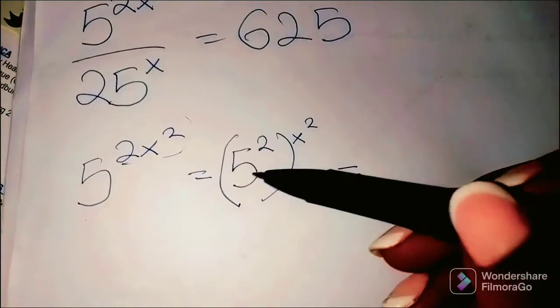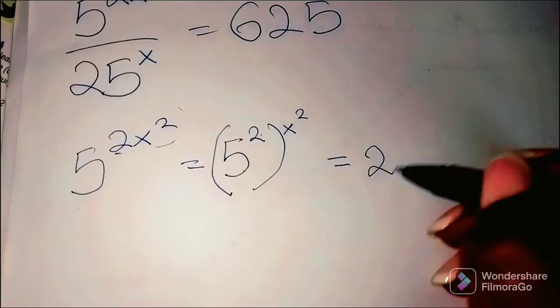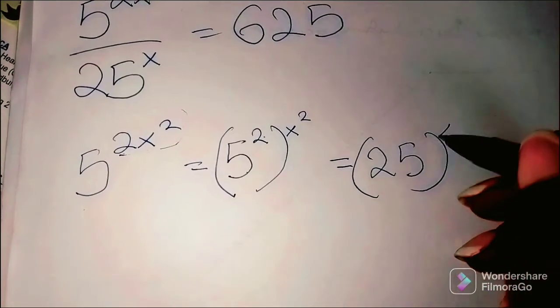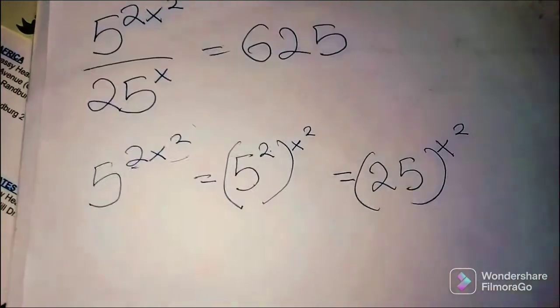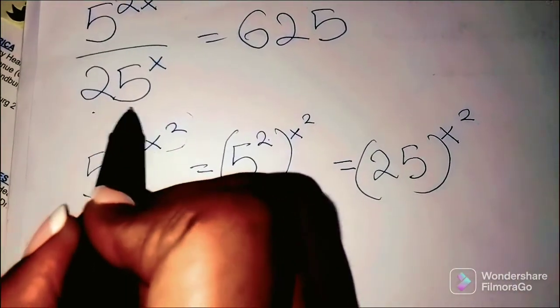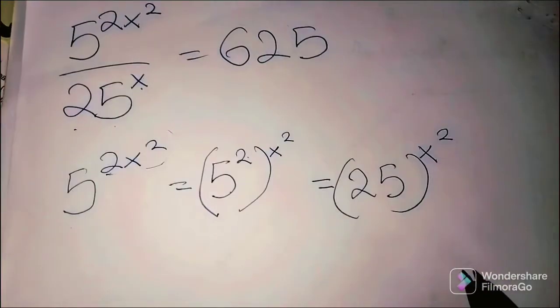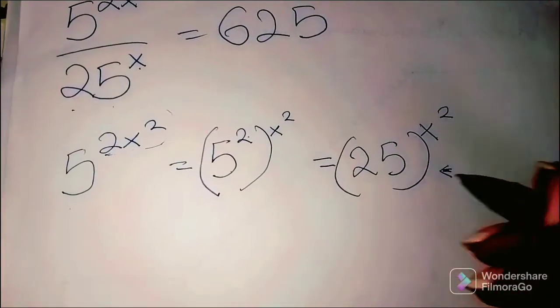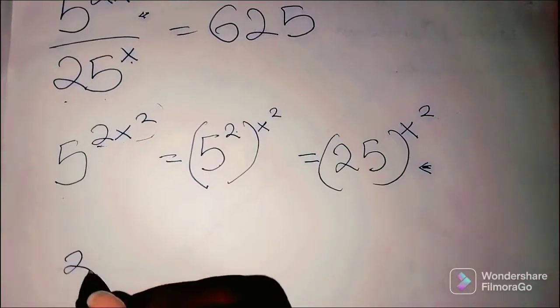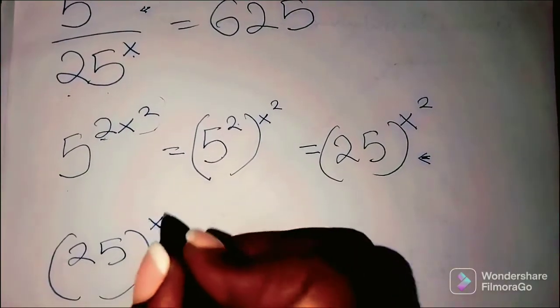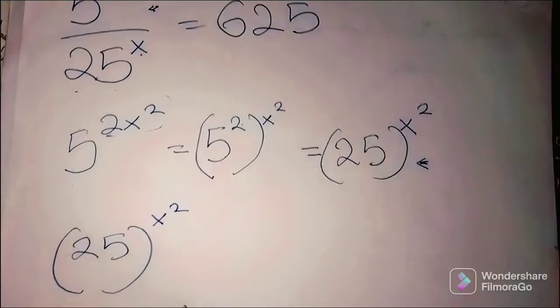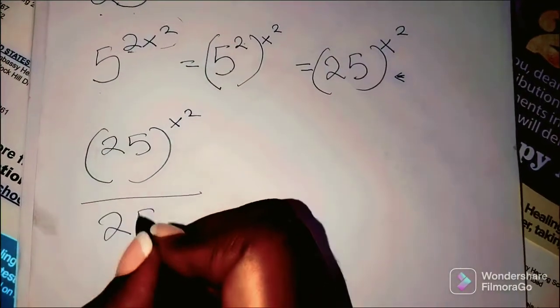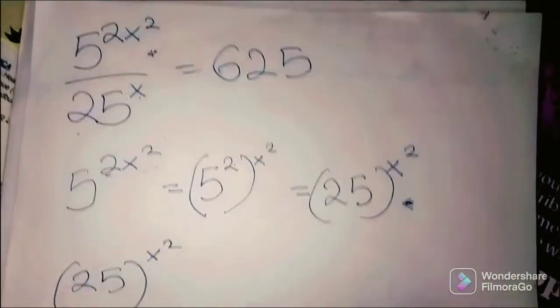So if we have 5 raised to power 2, we know that is 25. So we'll say 25 raised to power x squared. And then remember, we have a denominator which is 25 raised to power x. So we have that all set. So if we substitute this back into the numerator, we will have 25 raised to power x squared all over 25 raised to power x, just like in the question, equal to